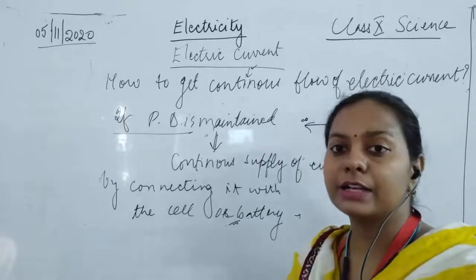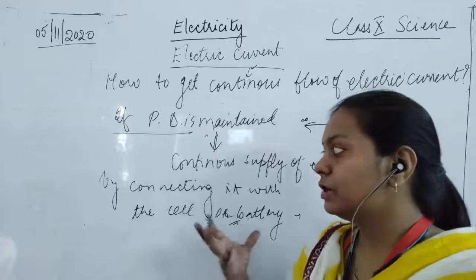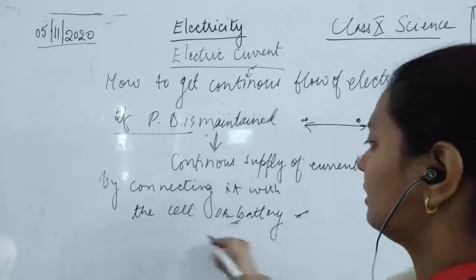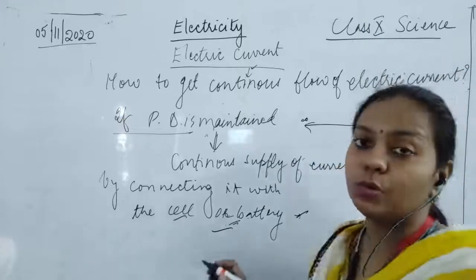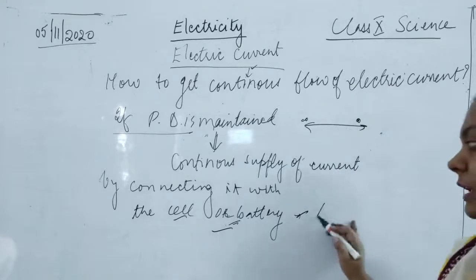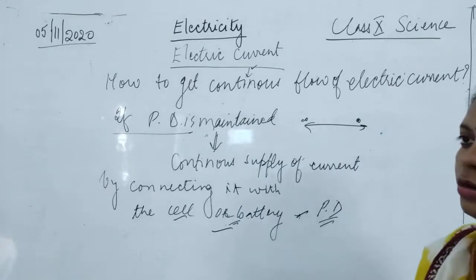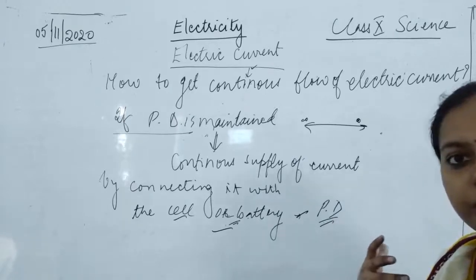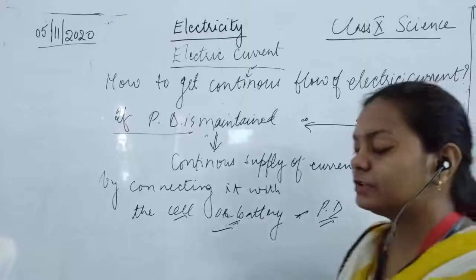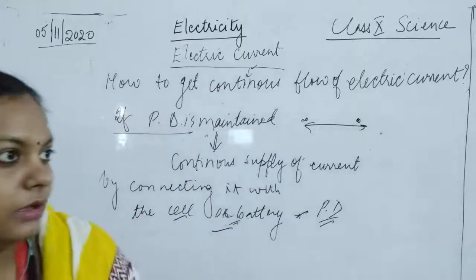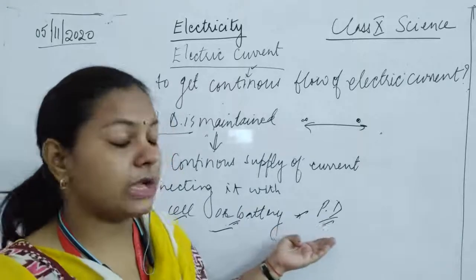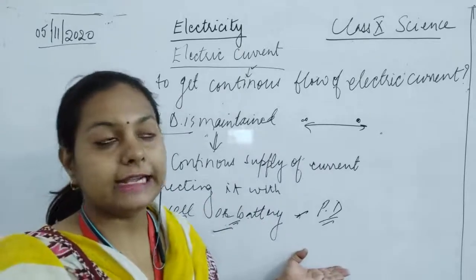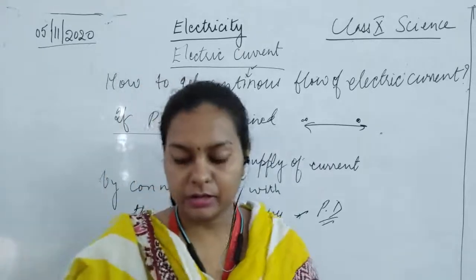So chemical reactions जो भी होंगे किसी भी सेल और बैटरी के अंदर में, उसको हम क्या कहेंगे कि पोटेंशियल डिफरेंस इज जनरेटेड. ओके, तो what is the root, what is the reason, what is the main issue regarding this potential difference generation? Potential difference is always going to be maintained when we are connecting the wire with the battery or a cell.